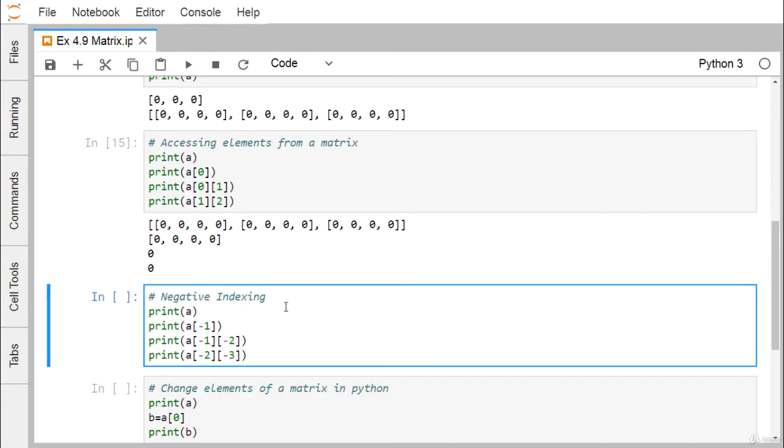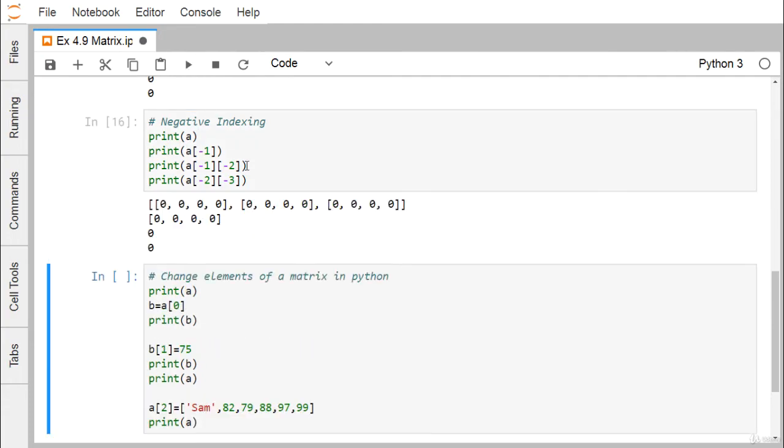So also you can go for the negative indexing. So you can find here, so a has got printed. Now we are going to print a[-1]. So -1 means this particular list will get printed here. So a[-1][-2], from this -1 we are having this -2 means this very element will get printed here. So a[-1][-3], this is my -1, this is my -2, and this is my -3. So this particular element has got printed. So in this way, in case of matrix also we can use the indexing, we can do the slicing accordingly. Using index we can extract the required data items from this matrix.